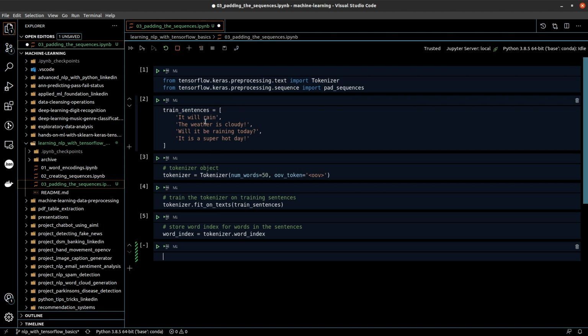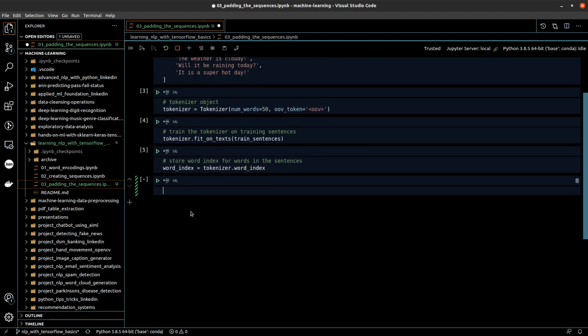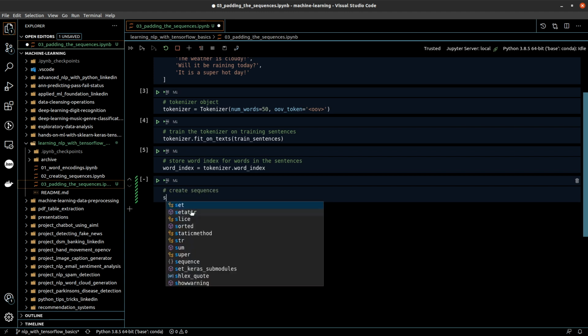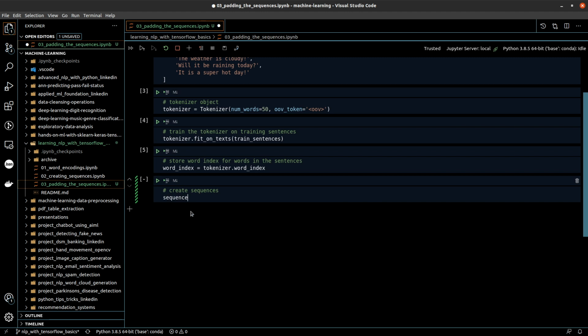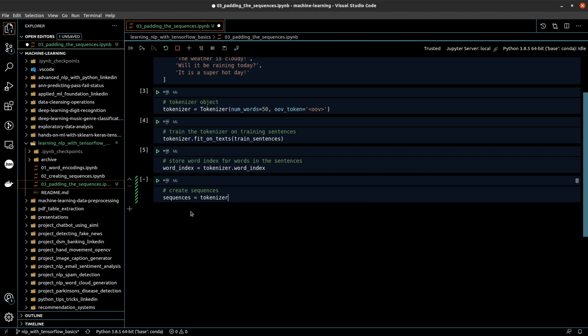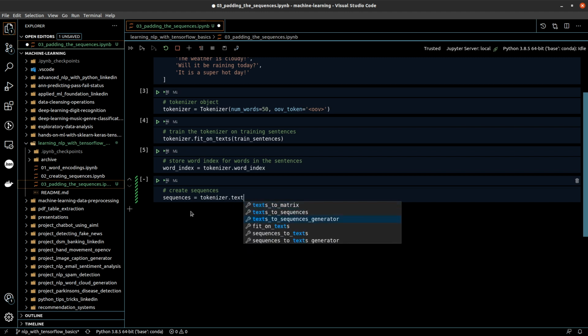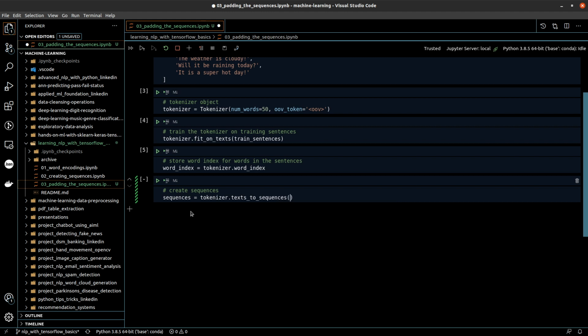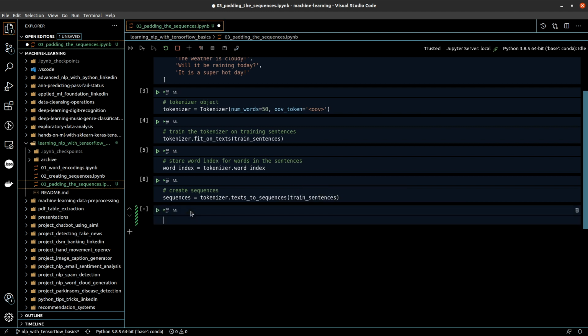It's pretty much the same steps, and then we'll also create the sequences. Let's define sequences as tokenizer.texts_to_sequences, passing the training sentences.